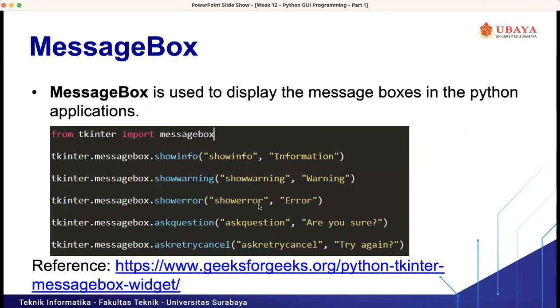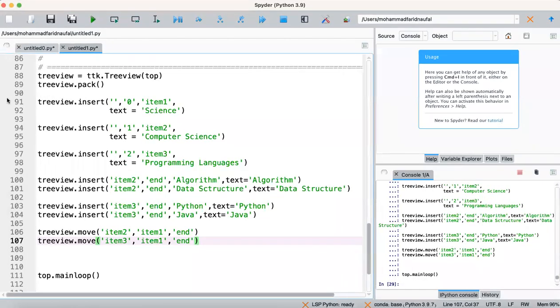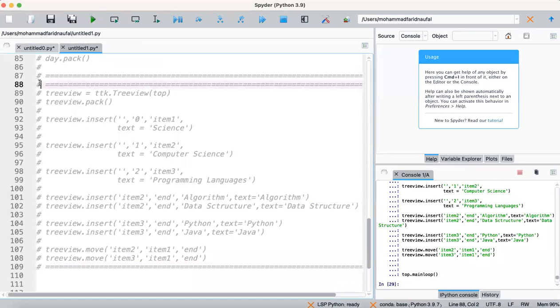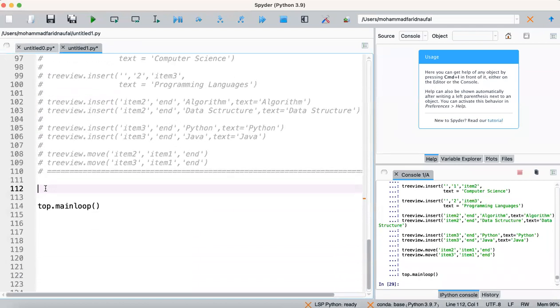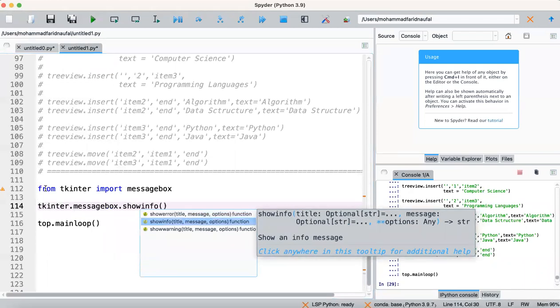Okay, let me try again in my code here. So I will comment our previous code. We will call from tkinter import messagebox. Then tkinter.messagebox.showinfo.